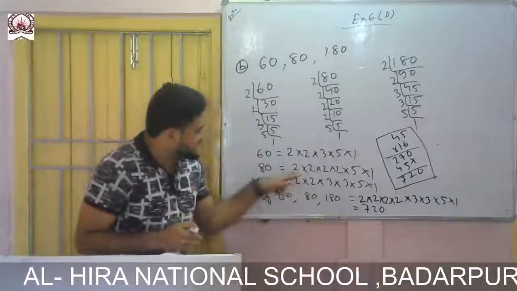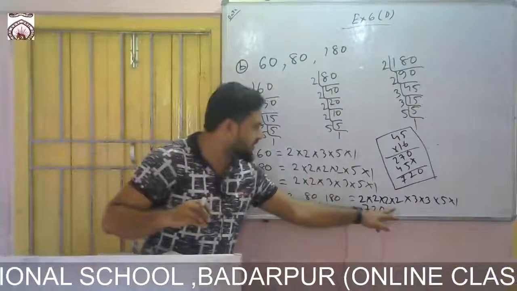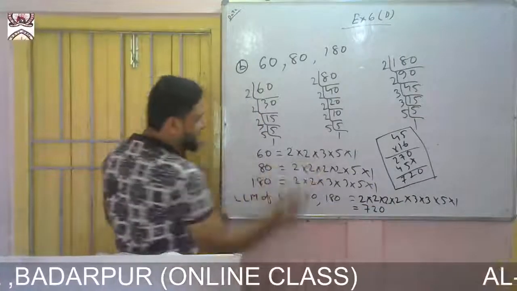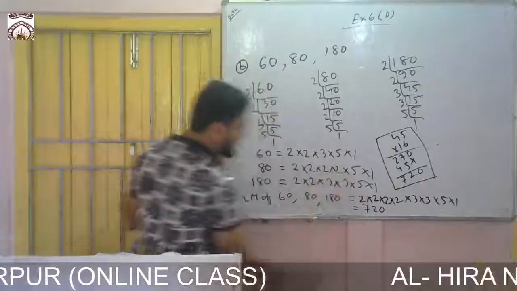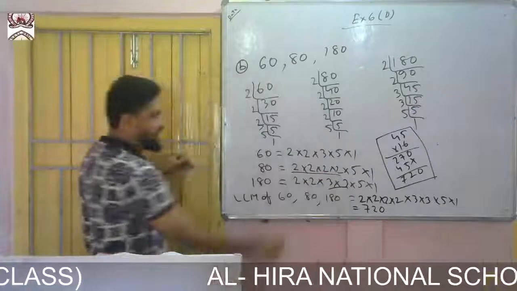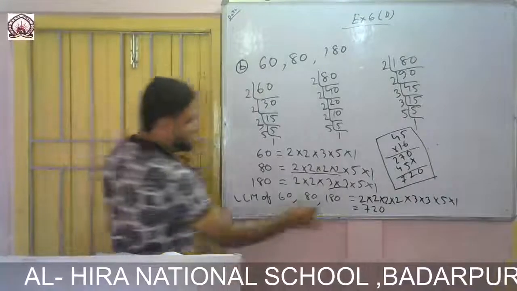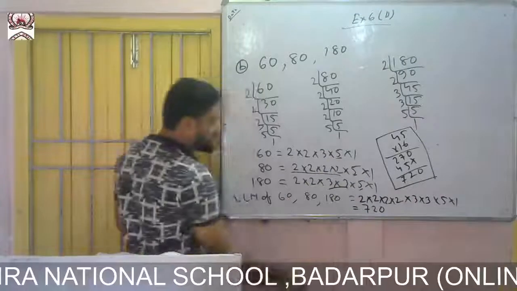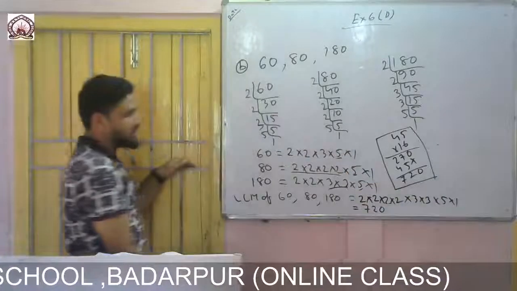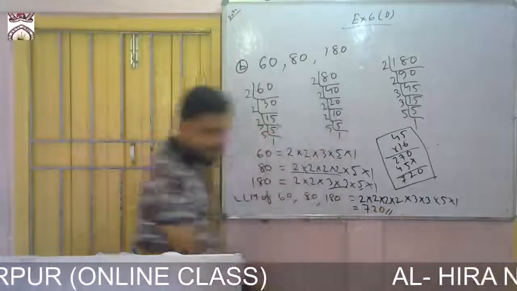From there you see the highest factor repeating is 2, 4 times repeating, so I wrote 2 four times. In this case 3 repeating 1 time, in this case 3 not repeating, in this case 3 repeating 2 times. So highest one I need to take, so I took 3 two times. Then in each case 5 repeating 1 time, so I took 5 one time, and 1 one time. So if you multiply, you'll get 720. So this is the required answer.